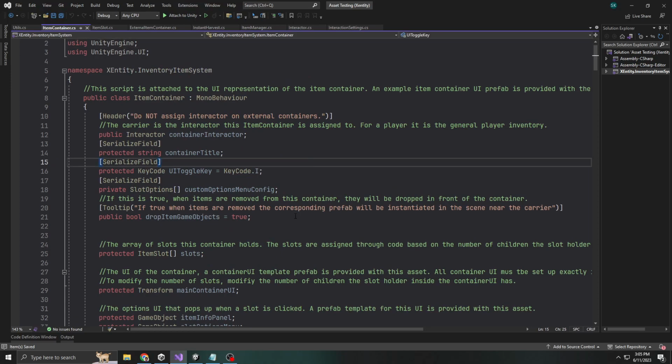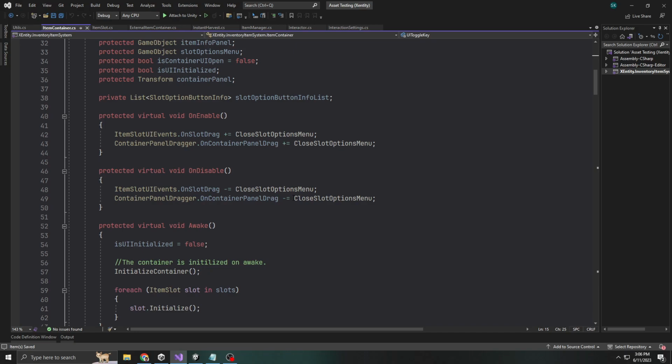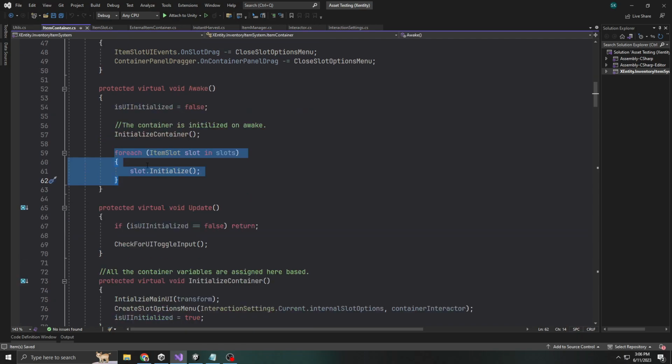So in this item container script, we have to go down and down until we find the Awake method. And essentially, you can just replace your Awake method with this one here, or really the only thing that I added here is this loop. After the initialization of the container, I initialize the slots with this loop, right? I'll also leave the link for this file. Actually, I might just leave a GitHub link. That would probably be easier to download